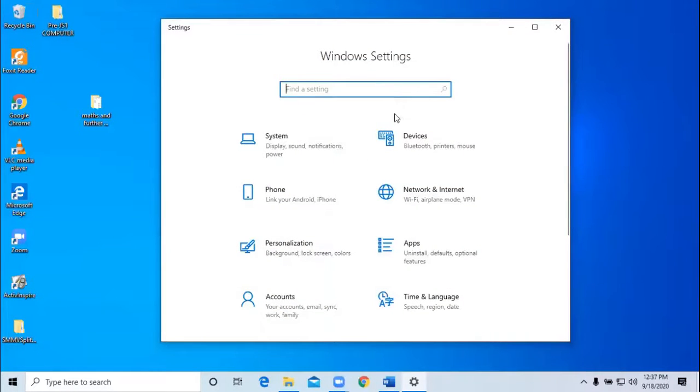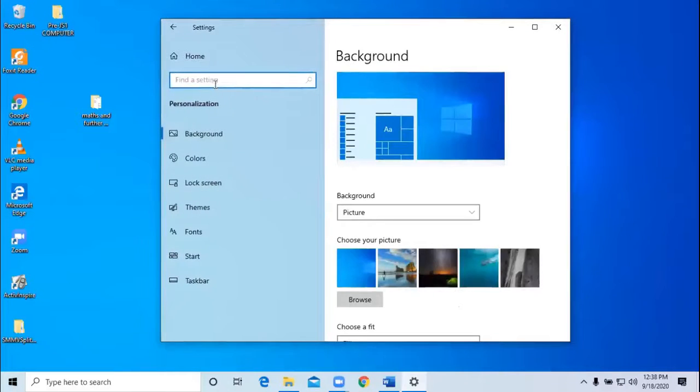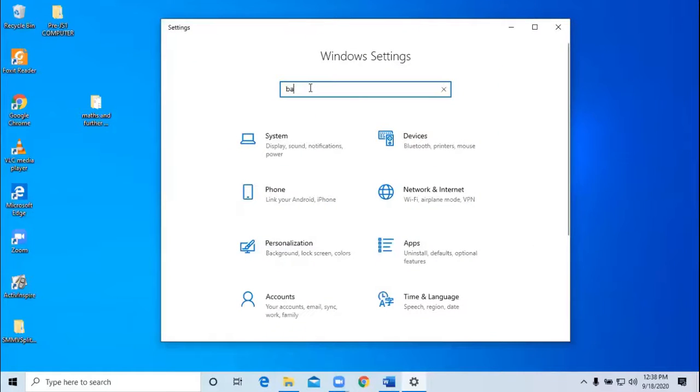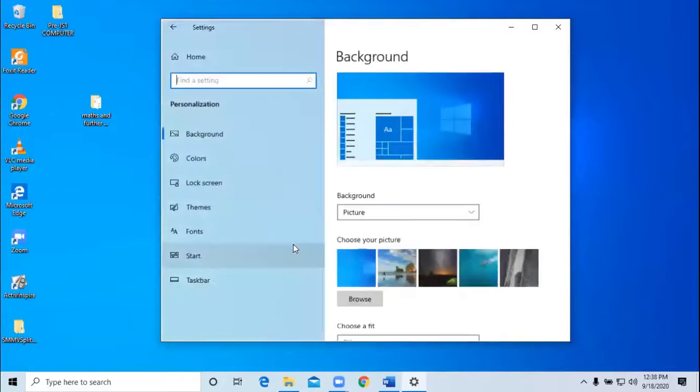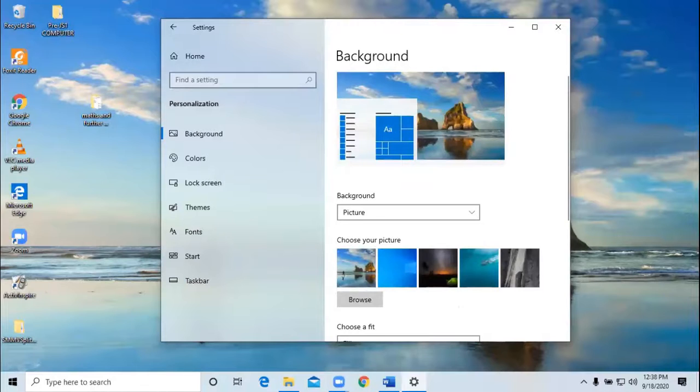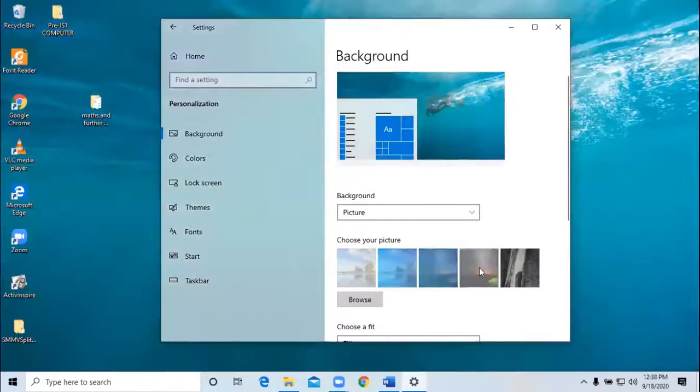Okay, from here, what was that? Personalization. If you couldn't remember that, you can find it from the settings. Let's see, for example, background, and you can see background apps, pictures, choose your desktop background. Specifically, you can go there, but I want to go to personalization, and from the background, let's change our background. For example, here I clicked, only click that, and for example here, the next one,